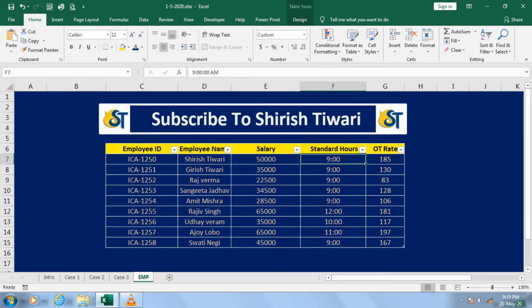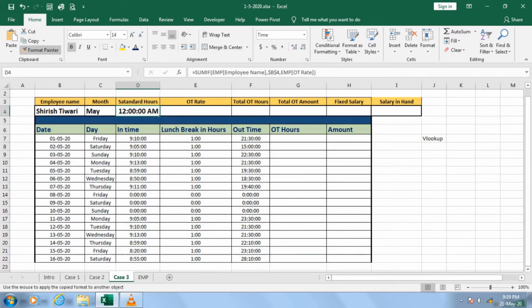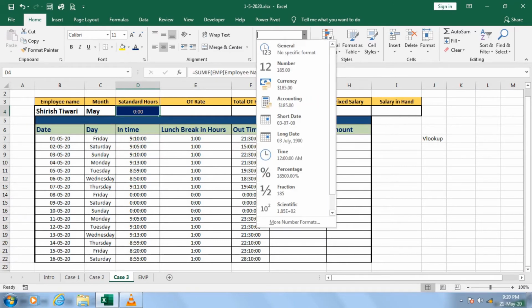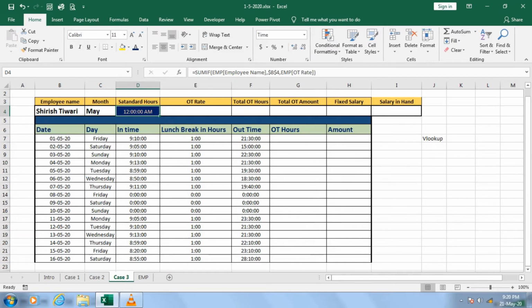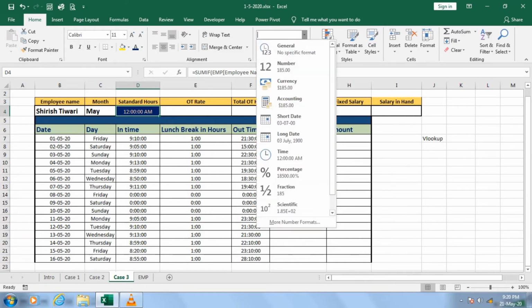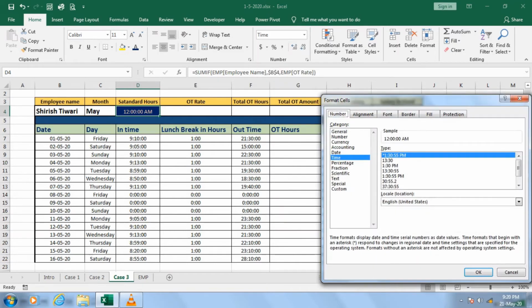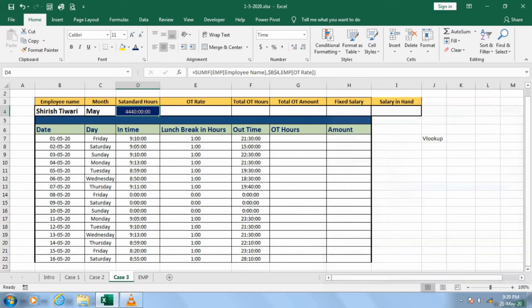What happened to this? Otherwise I can use the format painter and just paste it. So guys, I must get the same options as a time. Wait, let me go back to this and convert my timing. Let me try with this once again.